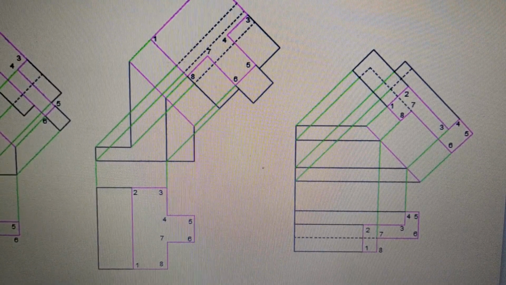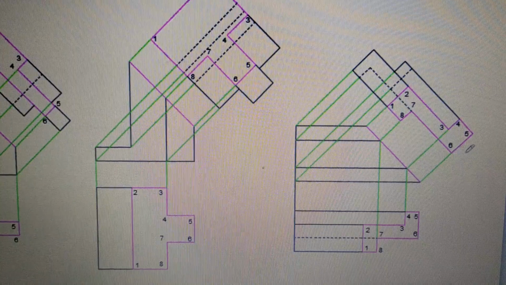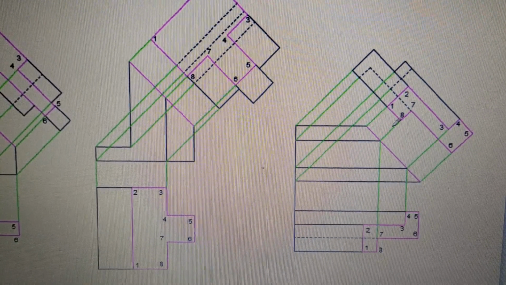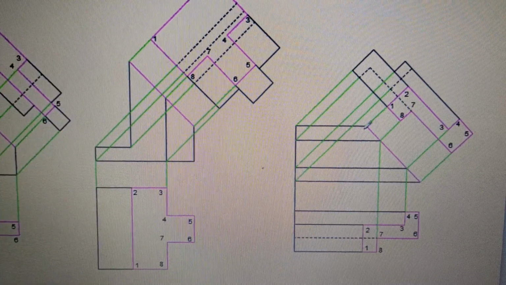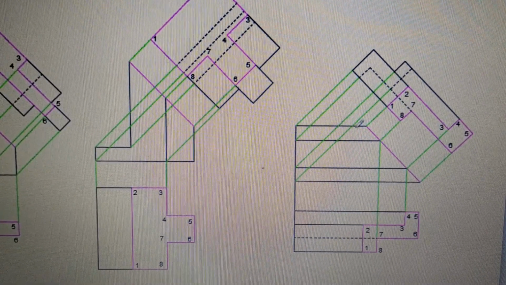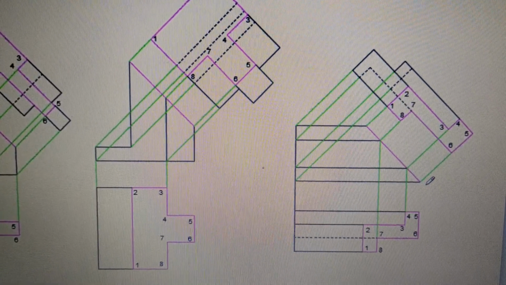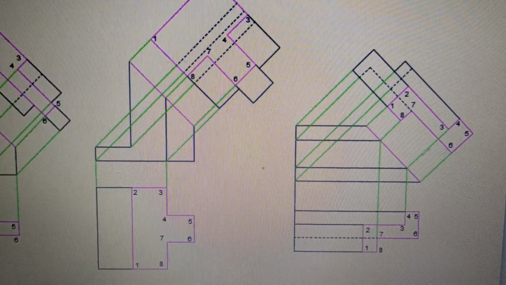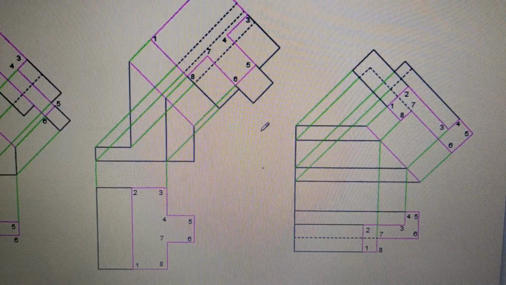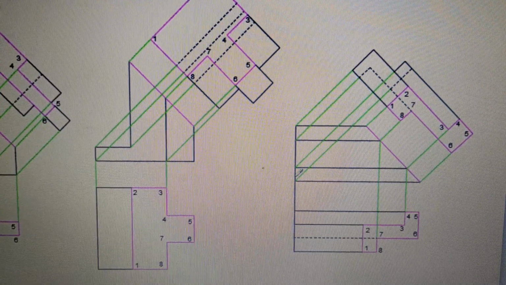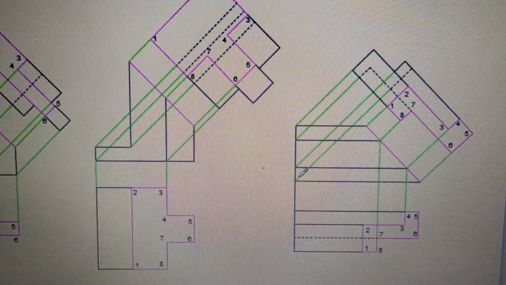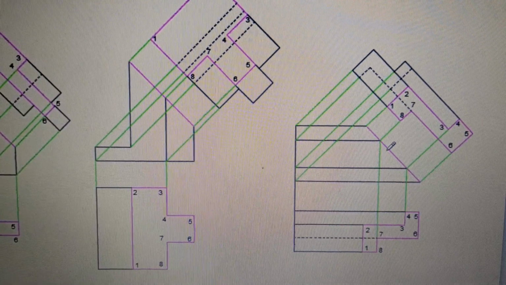If I have to draw the right hand side view, that means if I look in this direction, and if the object is not cut, suppose it is straight like this, and the other side also is the same, then in that case, when you look in this direction, the shape will be like a Z shape, like this, this and this. That is going to be the shape of this object.